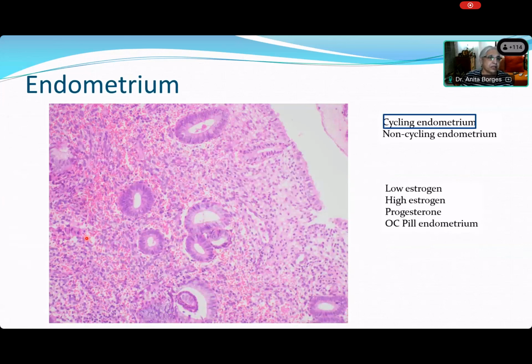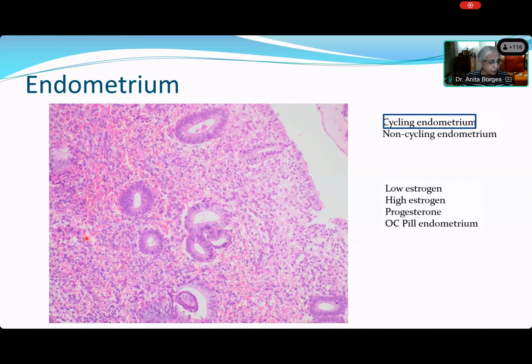So now please tell me, Mulyan, since you said cycling, is this low estrogen, high estrogen, progesterone, or OC pill endometrium? What is going on in this endometrium? Come on, Mulyan. Endometrium, because tubular glands with mitosis and some amount of hemorrhage and distribution of the stroma is there. So because of hemorrhage, it's a pill endometrium, why? No, distribution of the stroma. Stromal distribution along with the proliferating glands showing mitosis. Oh, okay. So that's what he thinks.